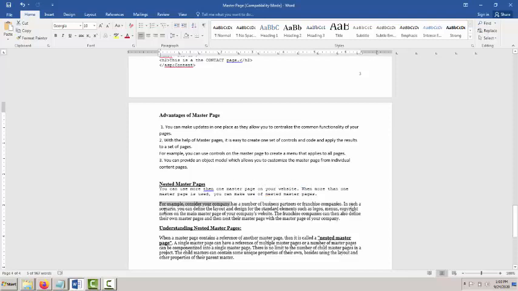In such a scenario, you can define the layout elements like logos, menu, copyrights, and notices on your main master page of your company's website. The franchisee company can then also define their own master pages, then nest their master page with the master page of your company.